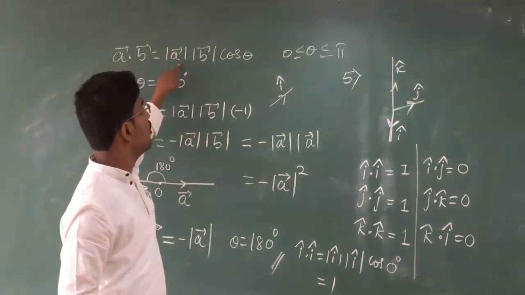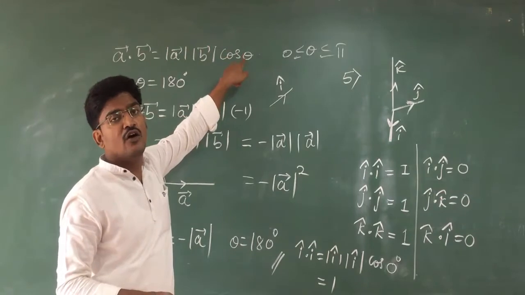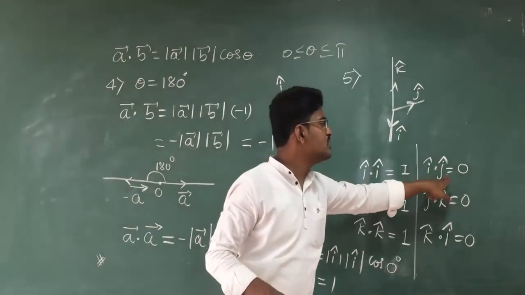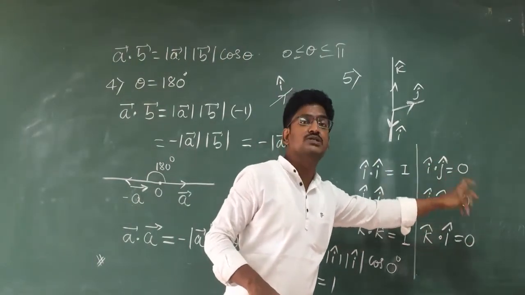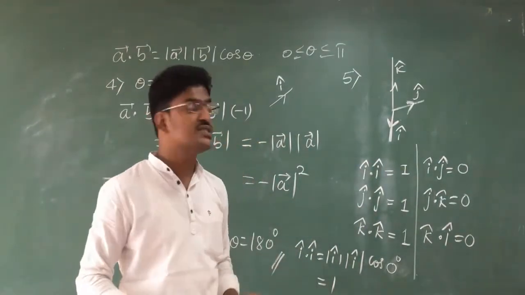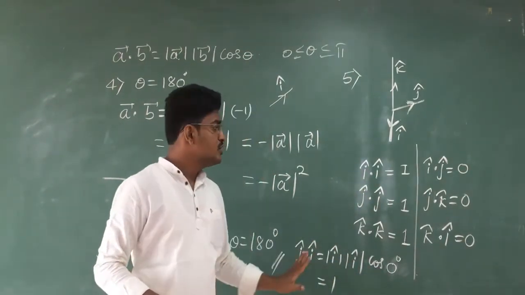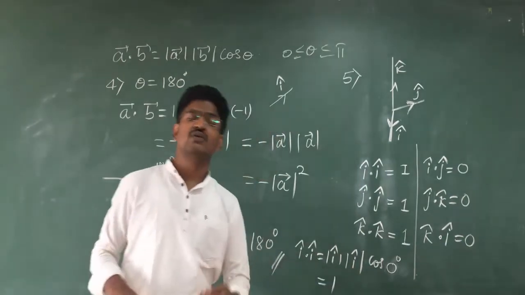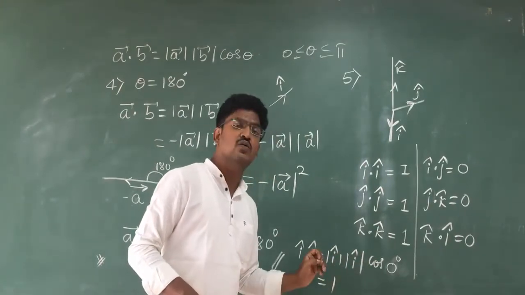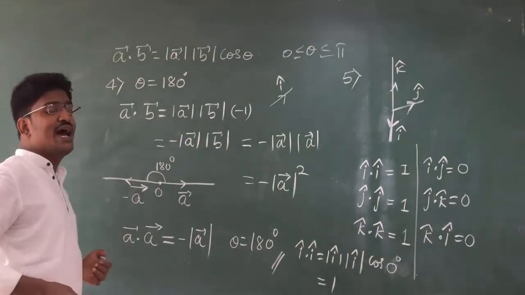If you use this formula, magnitude of i cap, magnitude of j cap, cos 90 degree, cos 90 is 0. 0 into any term is going to be 0. That's why i cap dot j cap is 0, j cap dot k cap is 0, k cap dot i cap is 0, but i cap dot i cap is 1, because here the angle will be 0 degree. Already I have solved one here, so that it will be very much clear. Cos 0 degree will be 1. So therefore multiplication of all 1 terms, the output will be 1. Okay. So this is one of the important observations, and this I have already discussed.